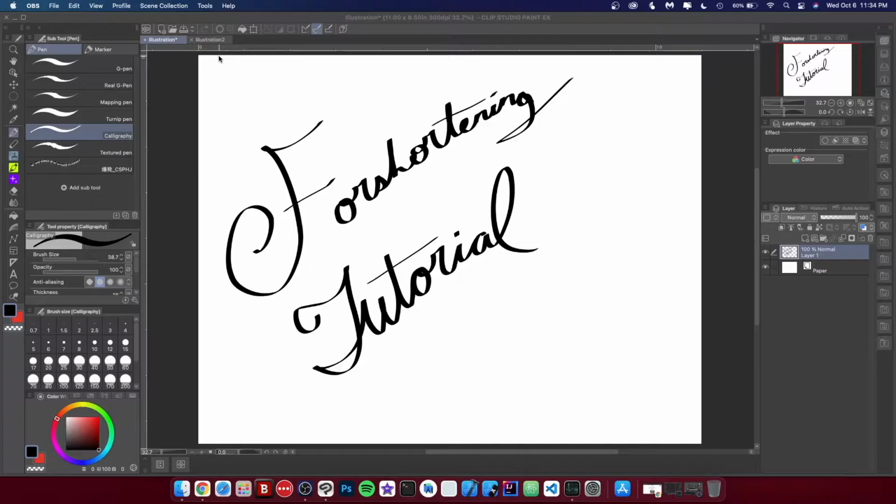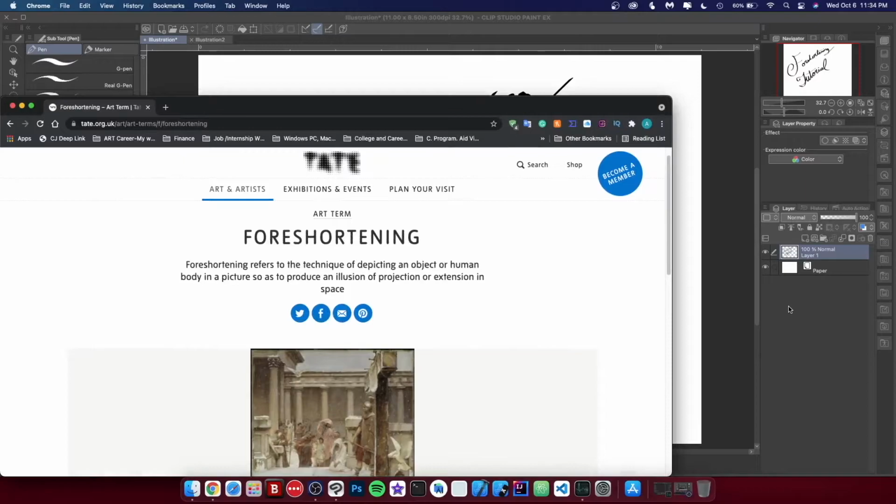Now, before I get to drawing, I'm gonna tell you what foreshortening is. Foreshortening, based on the definition here, is referring to the technique of depicting an object or human body in a picture so as to produce an illusion of projection or extension in space.